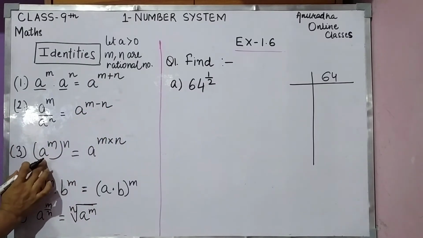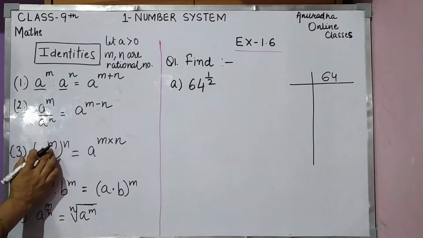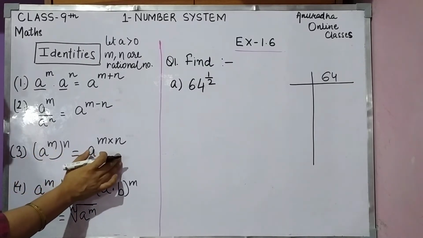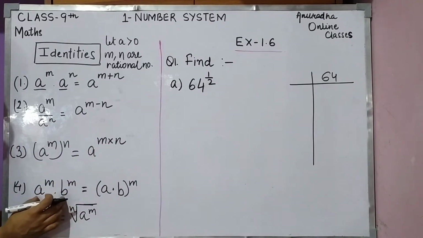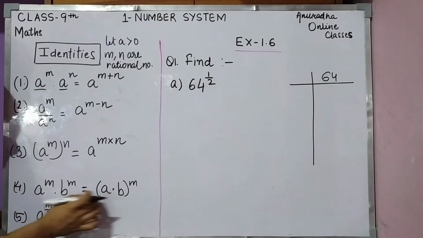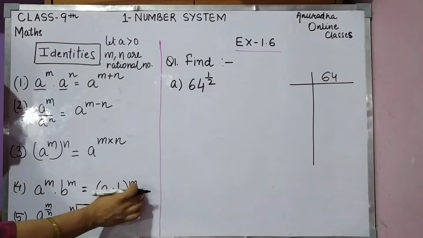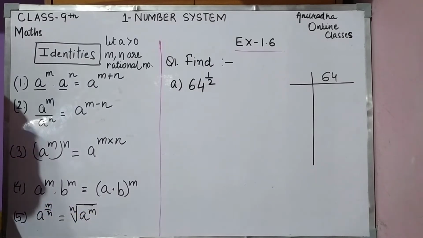Third one, see, a is written and m is inside and outside is n. Means here what is going on? Multiplication. Okay, we'll do multiplication with the powers. Now let's come to the next. Now bases are different but powers are same. So we have to multiply the bases and common power ले लेंगे बाहर. Okay, when a question is given like this कि a की power m upon n, power में m upon n है, that means जो नीचे रहता है ना, that is root. Okay, so it is nth root of a की power m.